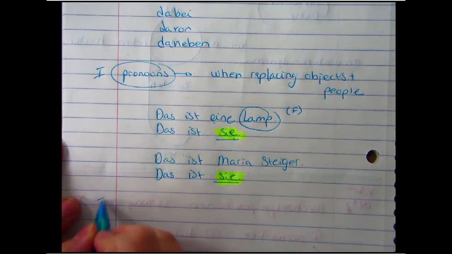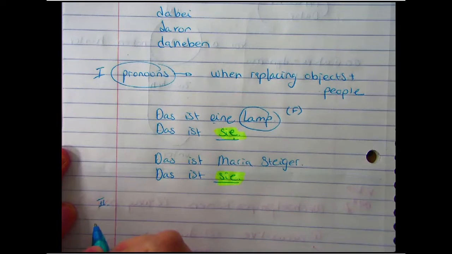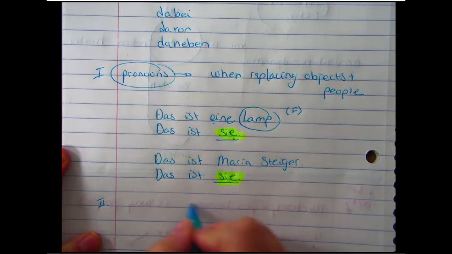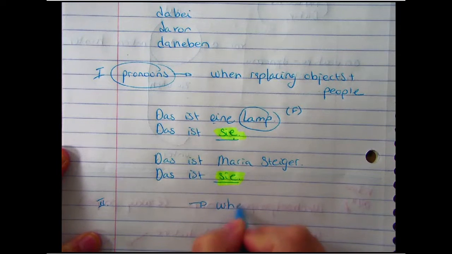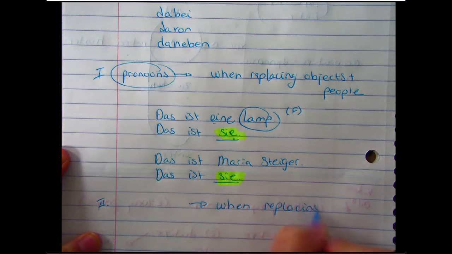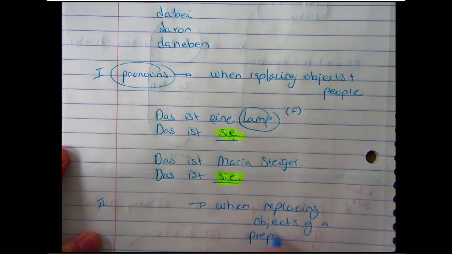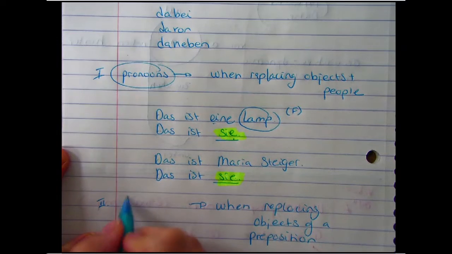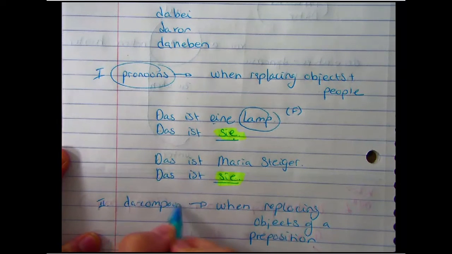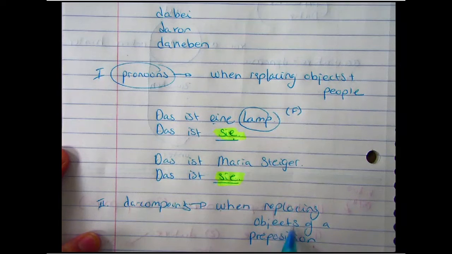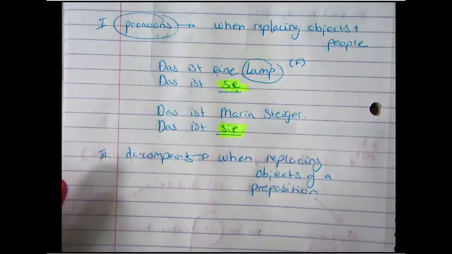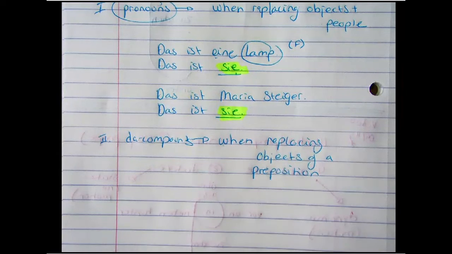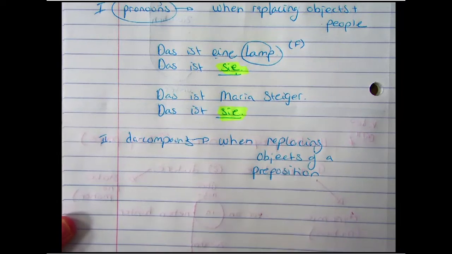Whenever you have the object of a preposition, however, you're going to use these da compounds. So da compounds when replacing the object of a preposition. Now, what in the world is the object of a preposition? That, of course, are your prepositional phrases. So you could say something like